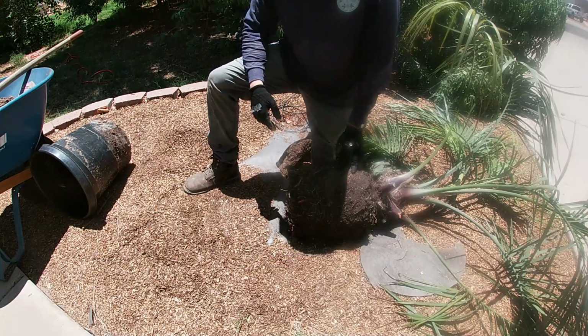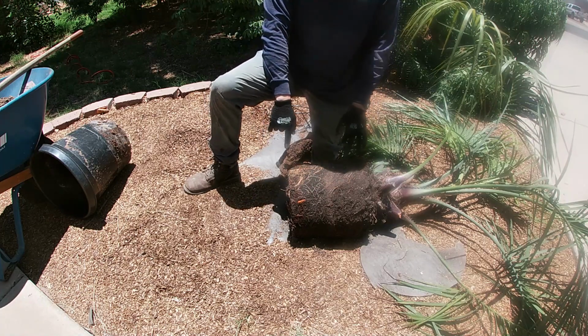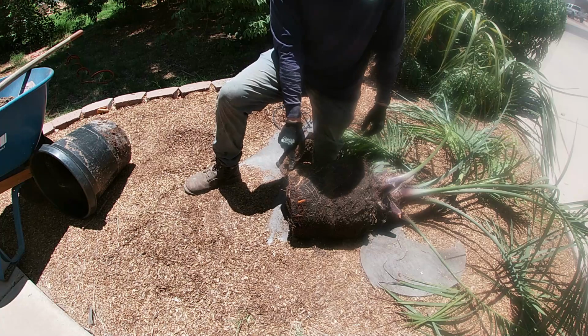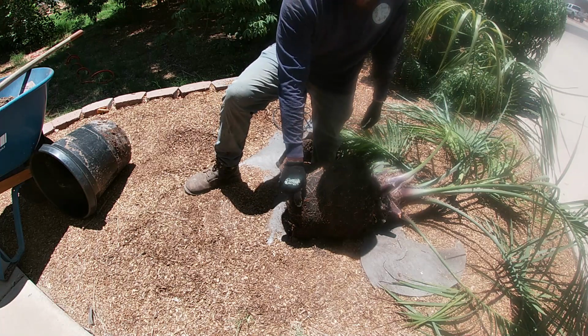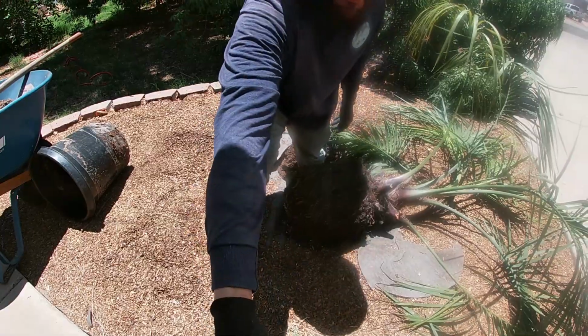Now, let's talk about the root system real quick. The root system of this plant, I'm not sure if you can see it well or not. It has a few anchoring roots, which are these thicker roots. But most of the roots that you're gonna have, guys, let me show you. Most of the roots that you're gonna have,